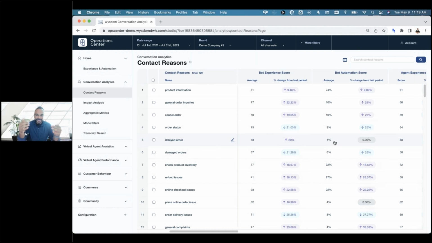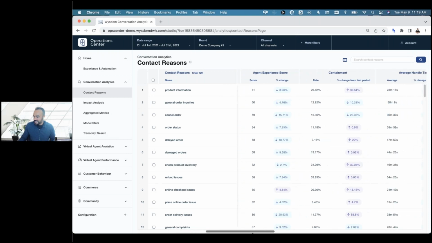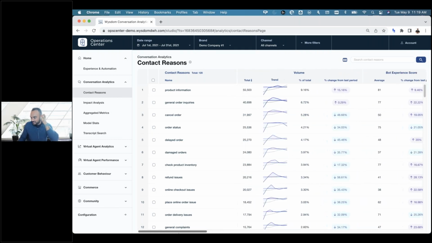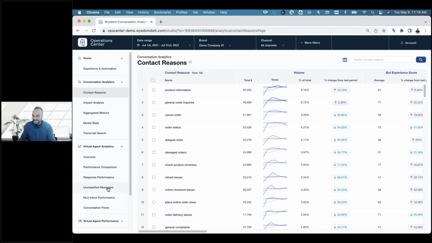And that's the point of this view. It helps you deconstruct the overall automation score, which was 19 on the previous screen, and you see, oh, okay, well this one's not doing any of the heavy lifting. It's letting my customers down. Let's go figure out what's going on. If I scroll right, you get an agent experience score, which is a measure of the live agent portion, containment, etc. There's a lot here. You can see I've only scrolled maybe a third of the way through. But today, I'm going to pivot to why we're all here, which is intent discovery and figuring out new intents. But I wanted to give you that sort of overview of the tool to start.